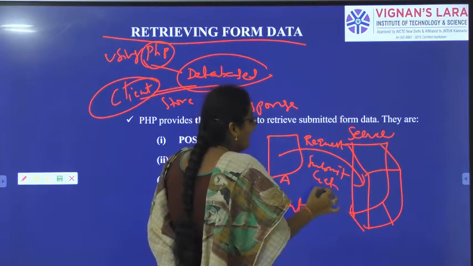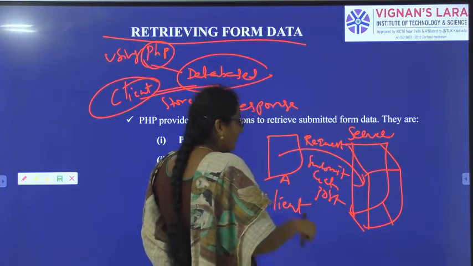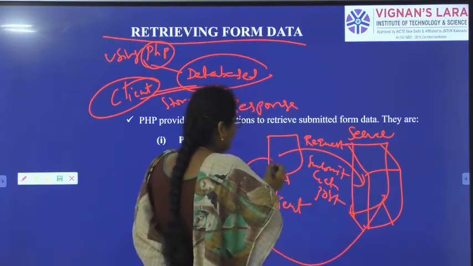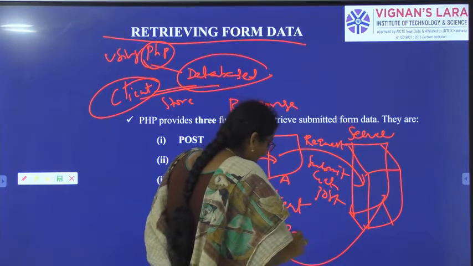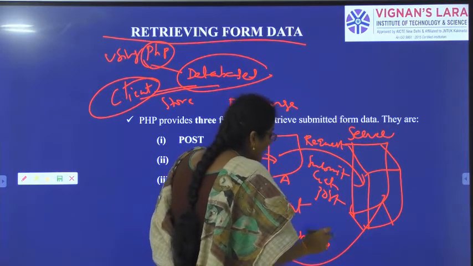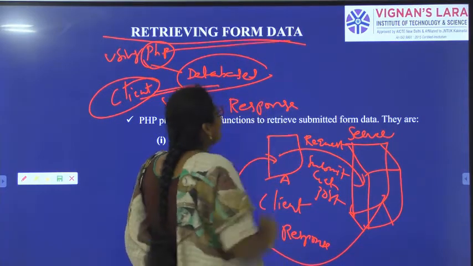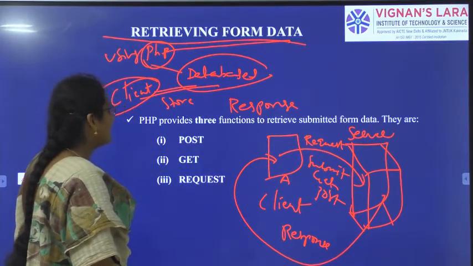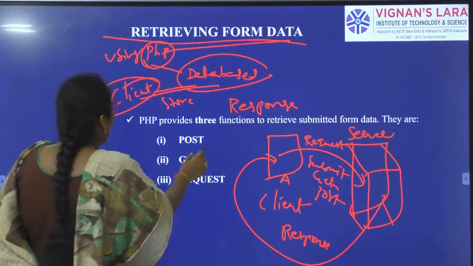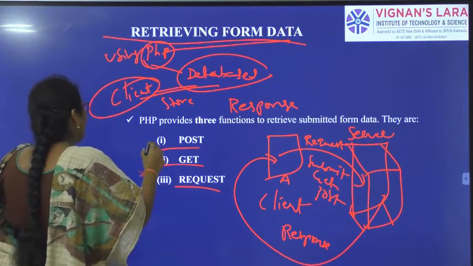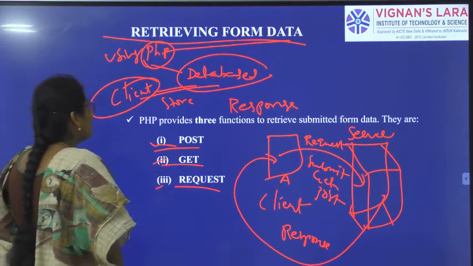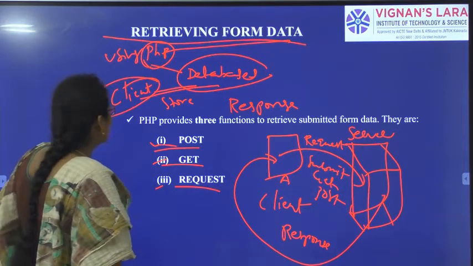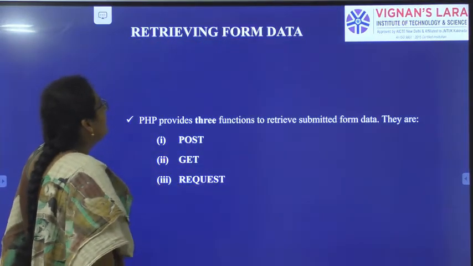For that we have get and post. Now the response we need, the response from the database to the client. This response we call retrieving of data. In PHP we have three different functions for retrieving data: post, get and request. These three functions are used to retrieve the data from the database.